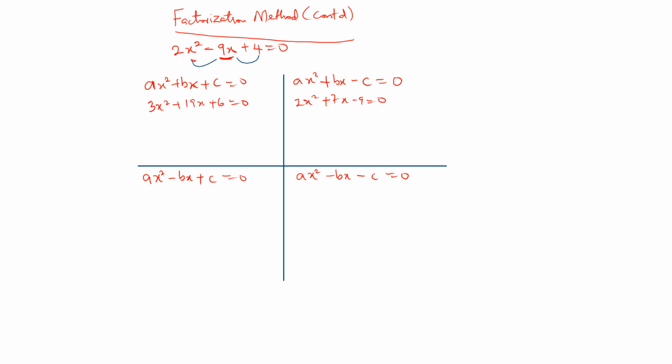And for this, we can have examples like 5x squared minus 8x minus 4 equals 0. And maybe possibly for something of this nature, we can have 2x squared minus 9x plus 4 equals 0. So let them populate it. So from there we can now look at how we can solve